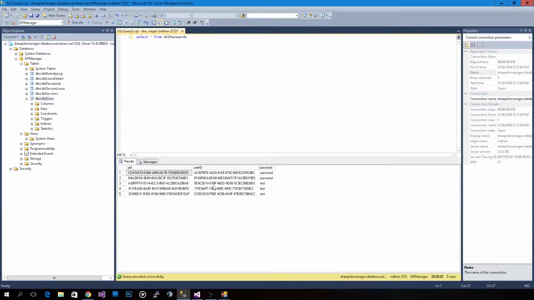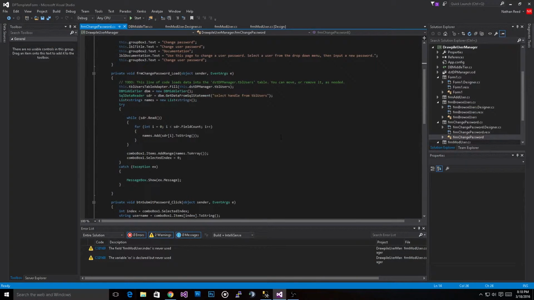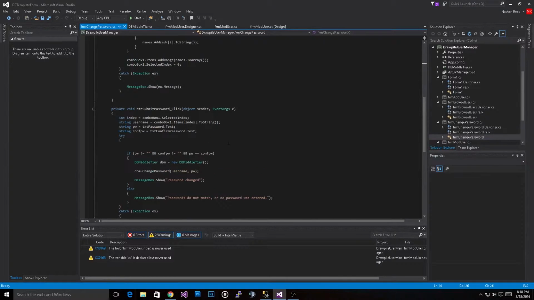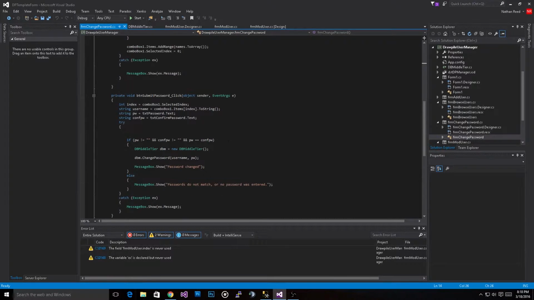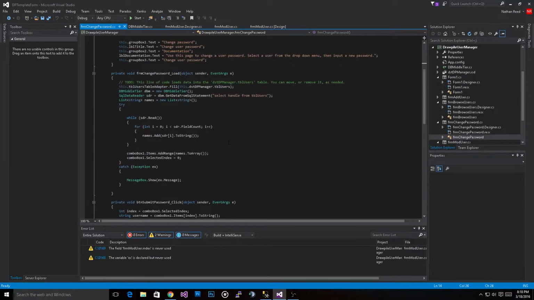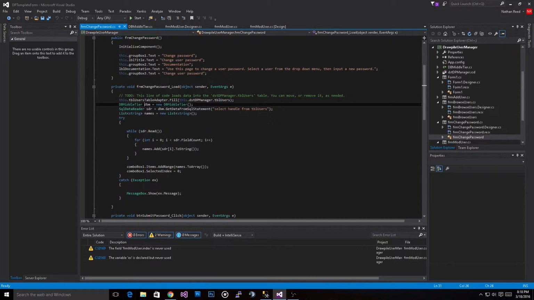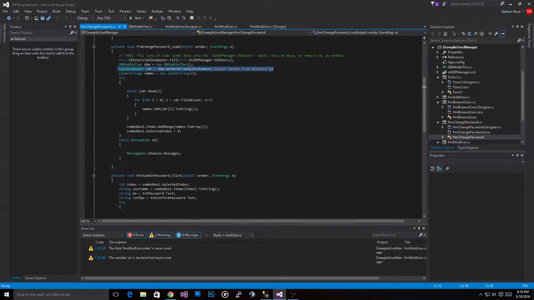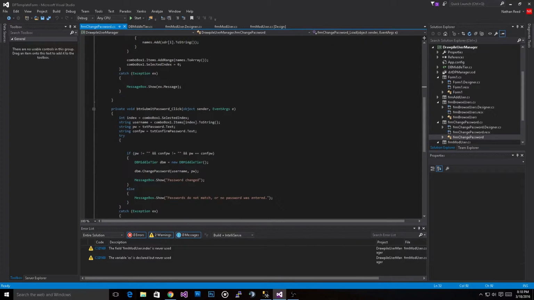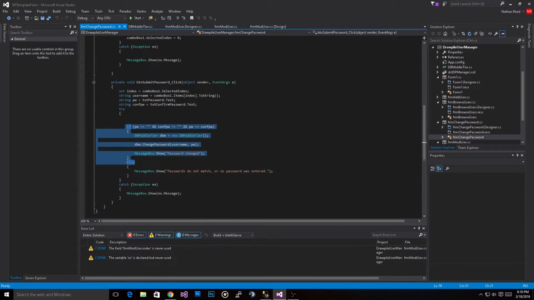This example right here for changing passwords actually uses connected architecture instead of a data set. We're instantiating the middle tier of my application, getting a data reader to populate the combo box, and changing the password. Another instance of the middle tier, calling the stored procedure change password,